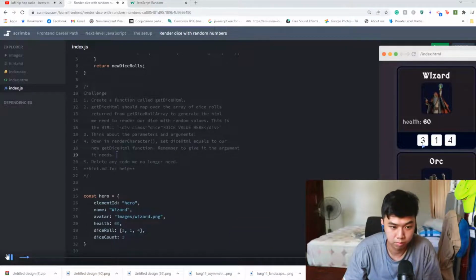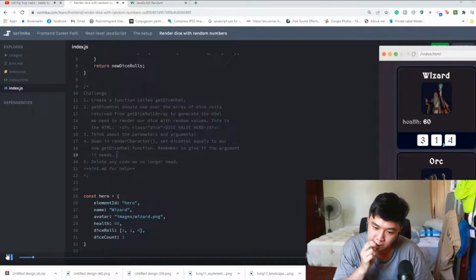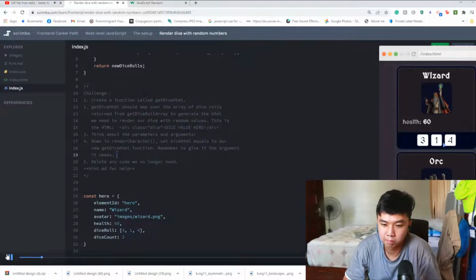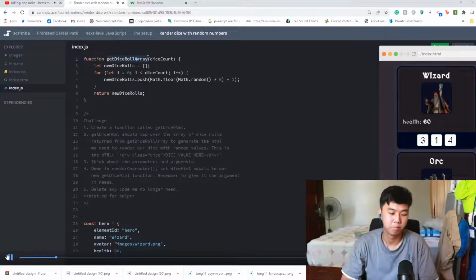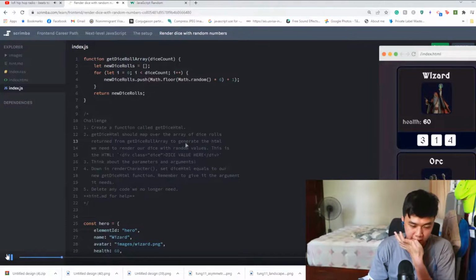We need to get random numbers into our dice to replace these hard-coded ones here. Now this challenge looks quite long, but it's not actually that bad. Let's go through it and see what I want you to do. I want you to set up a function called getDiceHTML. Now getDiceHTML should map over the array of dice rolls which are returned from the getDiceRoll array up here, and it should generate the HTML we need to render out our dice with random values. Now I've put the HTML string that